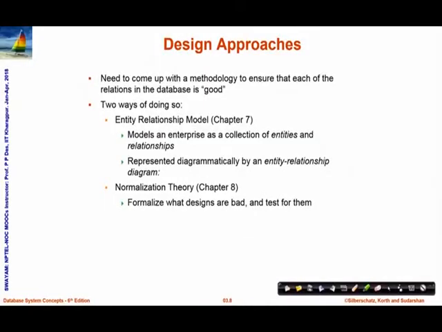We try to formalize and evaluate whether a design is good or bad, test them for quality, and then normalize to make them the best possible. So, this starts from the entity relationship model, which captures the real world, to the actual database schema.